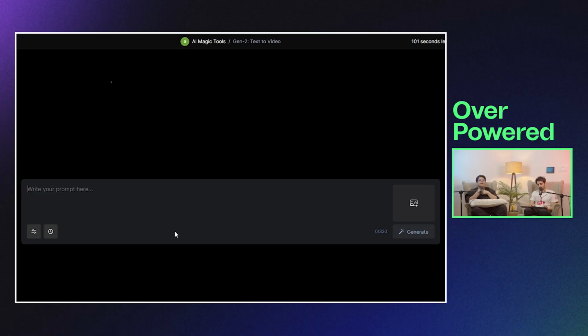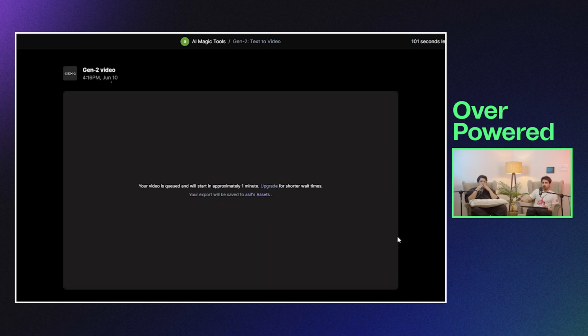Let's try creating something which is just an ambient film over which you can overlay text to make a hype video, right? So say for example, shooting stars in the sky. In the sky with text on top. No, text we will add. So shooting stars in the sky. Yellow clouds with rain. Yeah, this is perfect. This is stock footage, right? And this is what it's trained on also. So it will generate something really good.